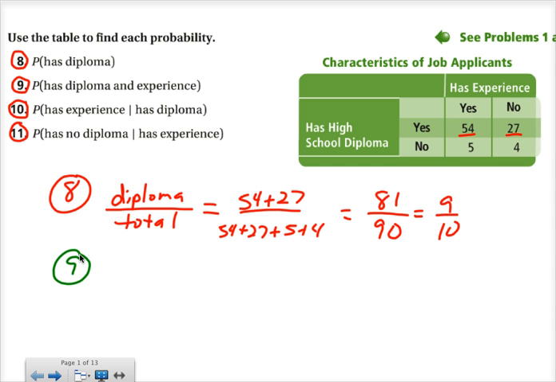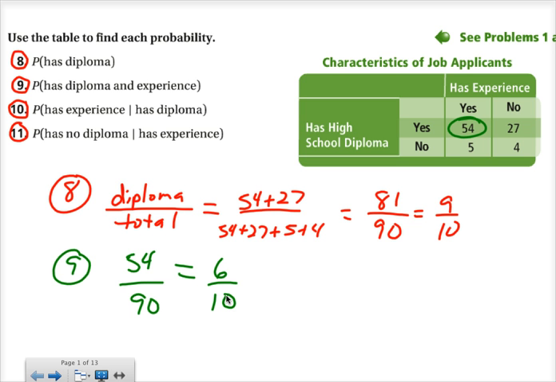In number 9, it says the probability that they have a diploma and experience. And again, as I look at the problem, I realize that's out of everybody in this chart. So I'm still going to be using my 90 down on the bottom, but this time what I want to focus on is who are the people that have a diploma and have experience. And those are going to be people that are in both of those yes categories, so that's going to be 54. And then you go ahead and reduce that by 9 for each one of those,